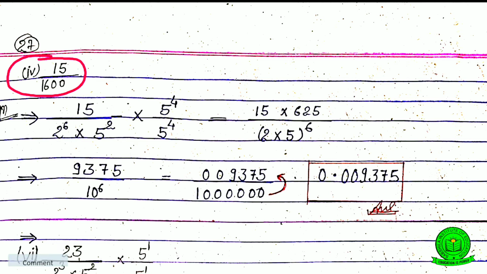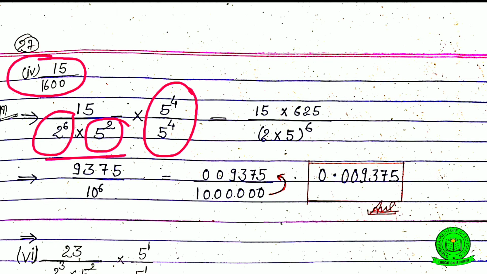Let's see number 4, which is 15 by 1600. That is 15 by 1600 can be written as 15 by 2 to the power 6 into 5 to the power 2. Here is 5 to the power 2 and here is 2 to the power 6. That means the powers should be the same. So we need 4 more powers of 5, so we have to multiply 5 to the power 4 in the denominator and in the numerator also. Okay, so if you multiply, then you will get